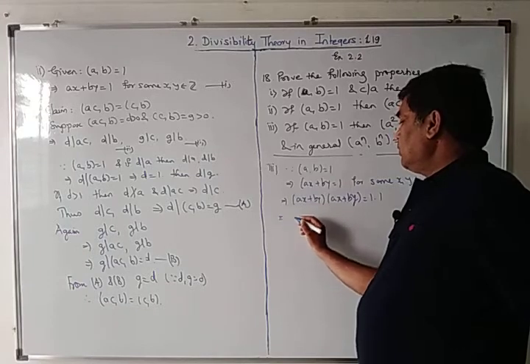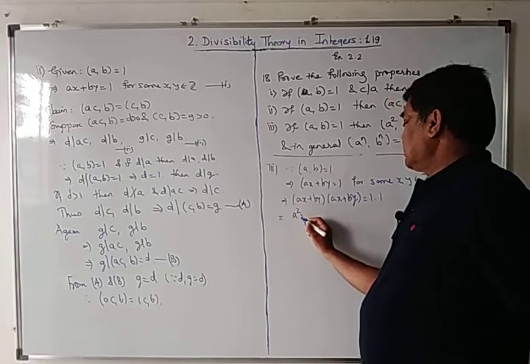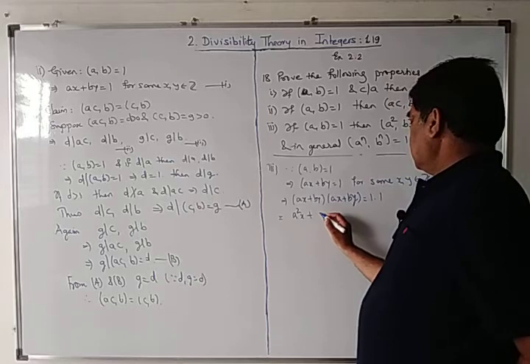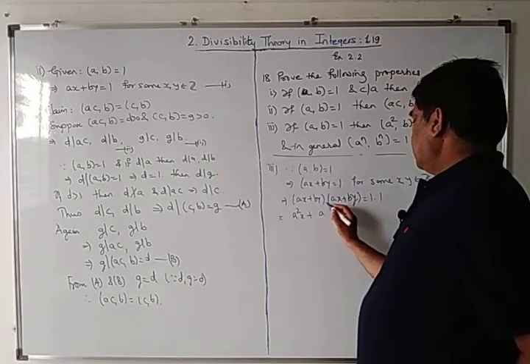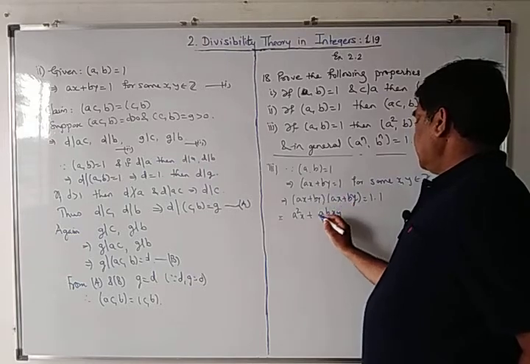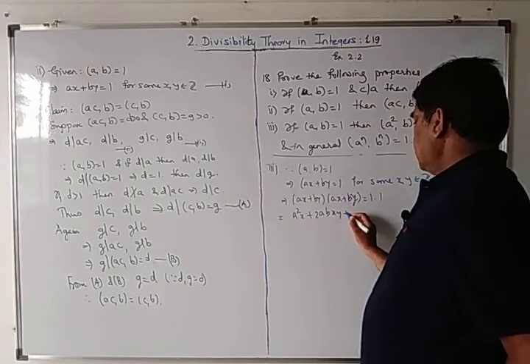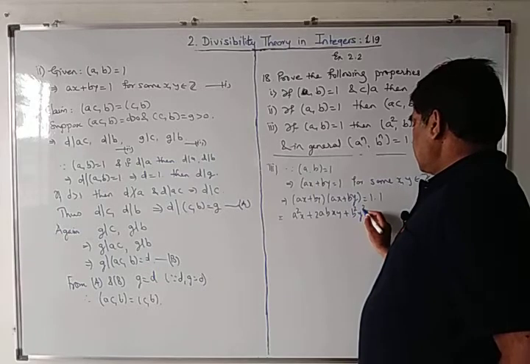This is equivalent to A square x square plus ABxy plus BAyx, that is 2ABxy, plus B square y square,